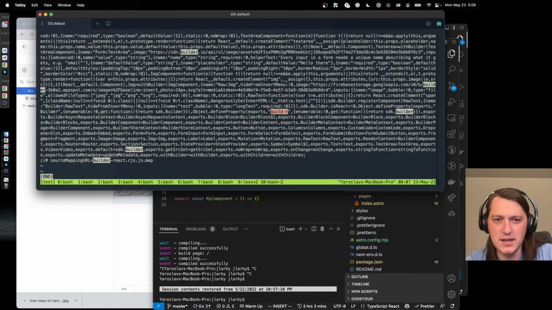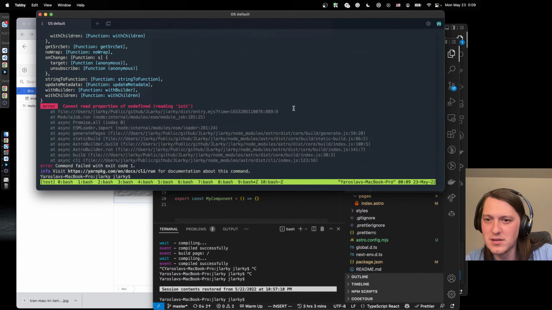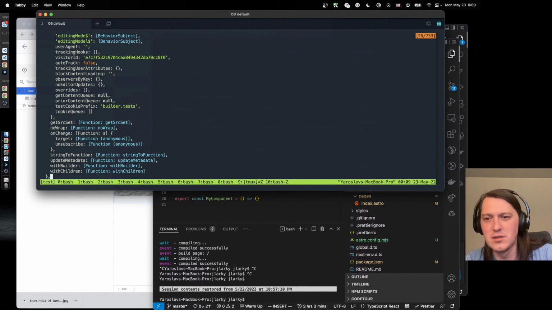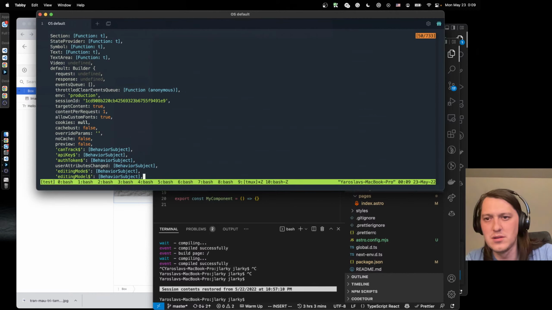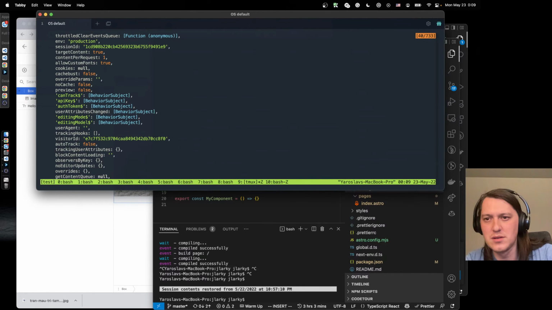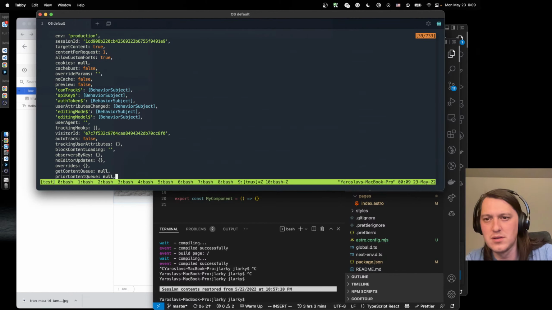Okay, so with children, so it has all of that stuff. So it has Wiz Builder, device response, preview.